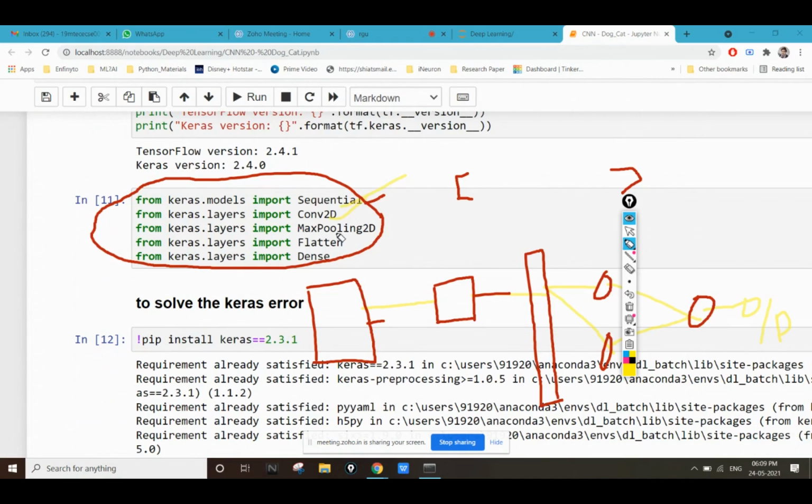You all know convolution. What is convolution? Then this is max pooling. This is flattening, the operation we are going to perform. And then the last is dense. Dense is basically defined to create hidden layers inside the neural network. So as you can see, I'm getting this hidden layer. Dense is basically important to create hidden layers. So the number of hidden layers you want to create, you can create. If you want to use 10 hidden layers, 20 hidden layers, 30 hidden layers, you can create it.